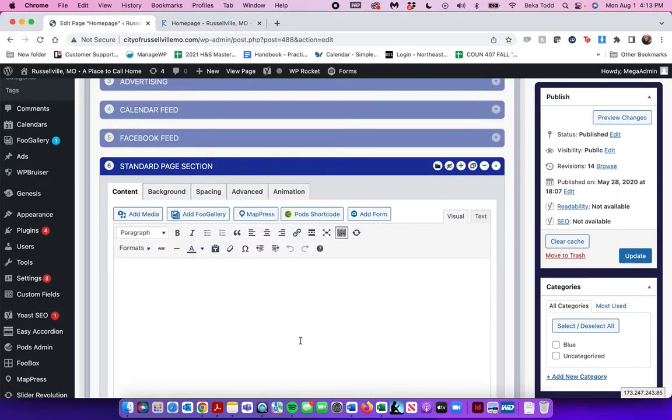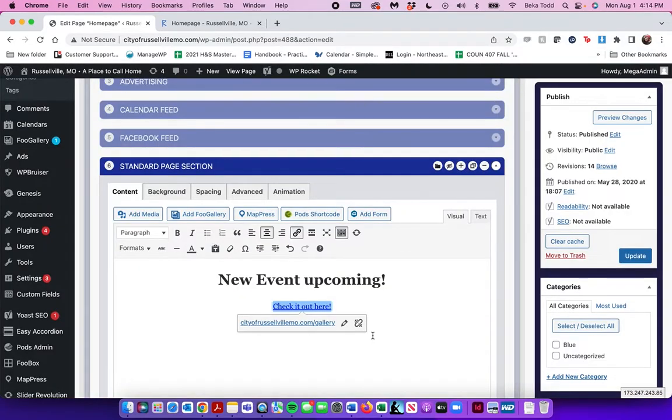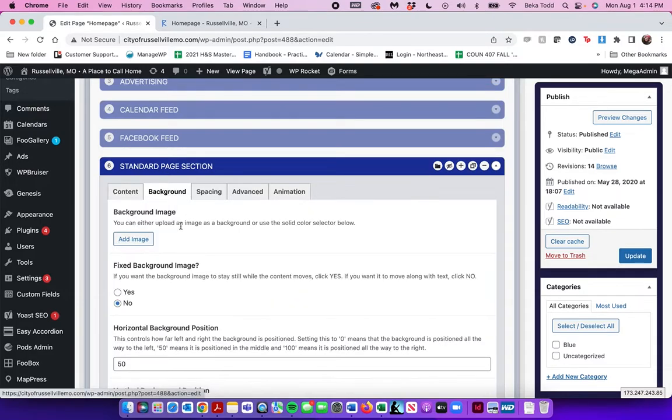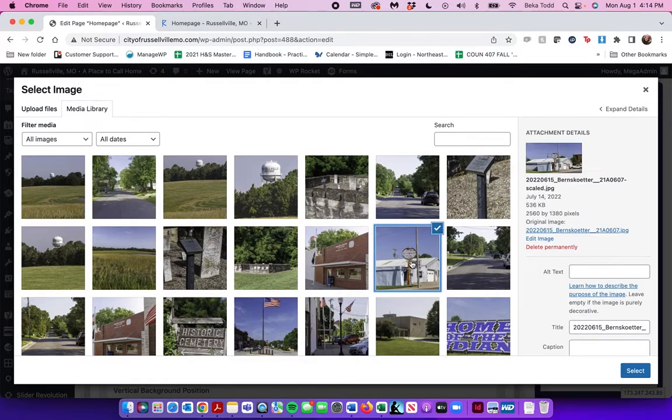And let's say we want to say we've got some information about a new event. Okay, well, I centered my copy. I'm going to make this a little bit bigger. Oops. Let's make this just regular text. We want it to be a button, and we're going to link to this page. Obviously that's not the right page, but we're going to link to it. And then in the background, I'm going to select an image here. We're going to use this image,